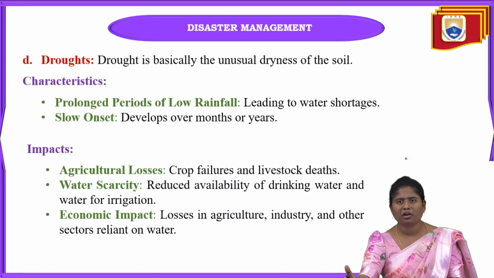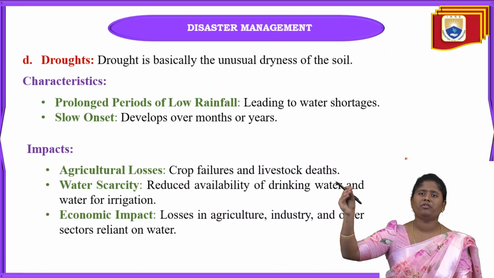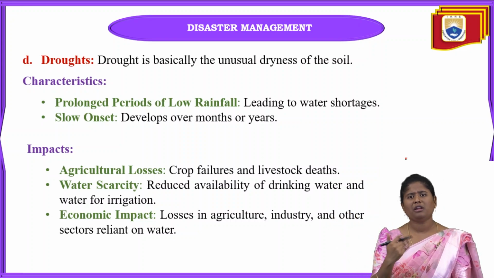If the rainfall is not there, how are the dams going to store the water? There will be a reservoir for every dam. The reservoir stores the water, and when the water is needed for agriculture, they pass it from the reservoir to some of the rural areas. That is the function of dams. When there is no water in the dams or no rainfall in that area, automatically there will be no drinking water, no irrigation water, nothing. Okay.